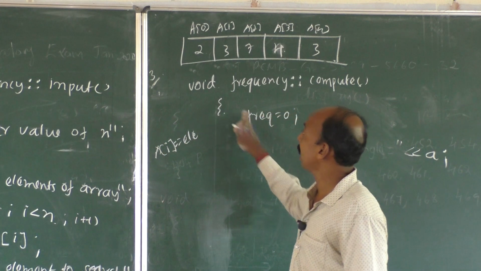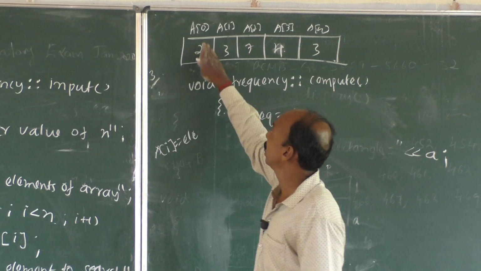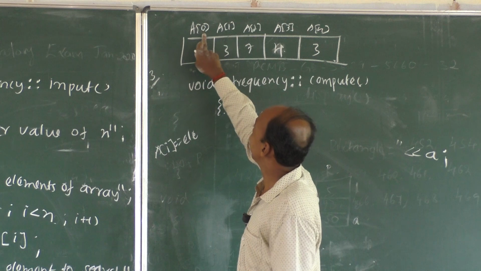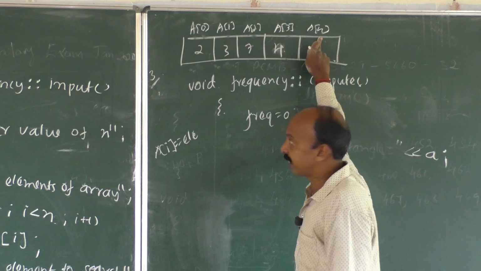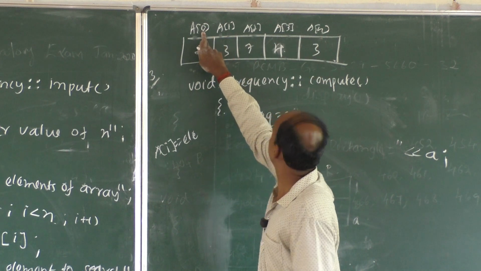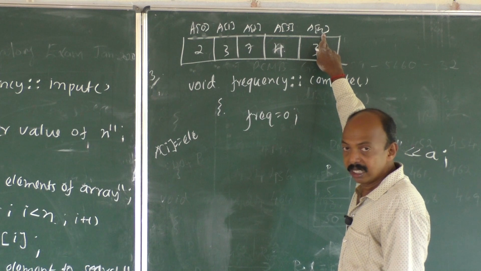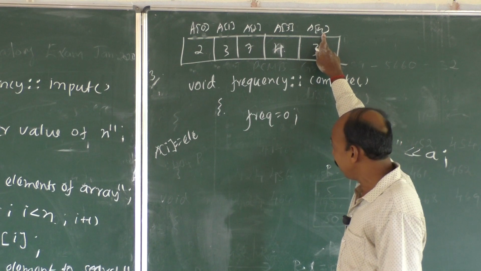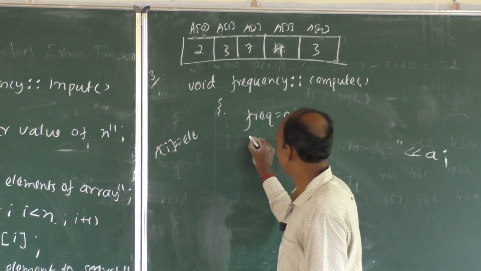From where we have to start? We have to start from this location. This location is what? 0. So this is the index A of 0, A of 1, A of 2, A of 3, A of 4. In general, it is A of I starting from 0 till n minus 1 or till lesser than n. That's why what we have to write? We will write a loop here for